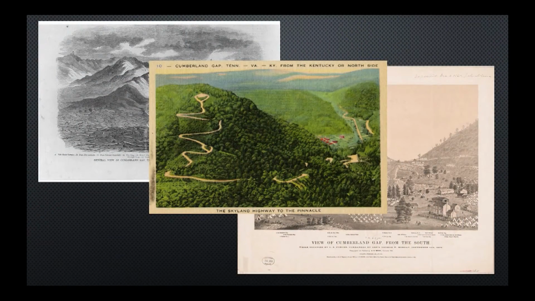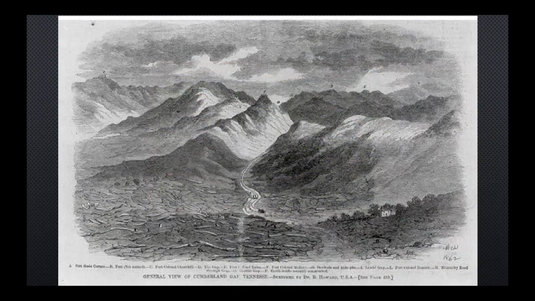Now, again, very, very few primary sources from the time period of Cumberland Gap. So we have to deal with these later images. And this one is from the Civil War era, for good reason, because during the Civil War, like I said, the Cumberland Gap is very strategic because that's how you get things through. And so it was fought over by the Union and Confederacy. And so here is a view of that.